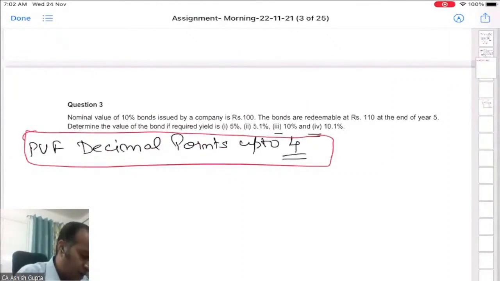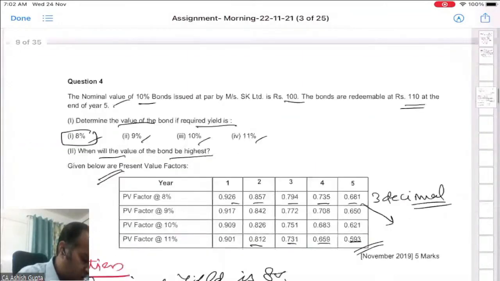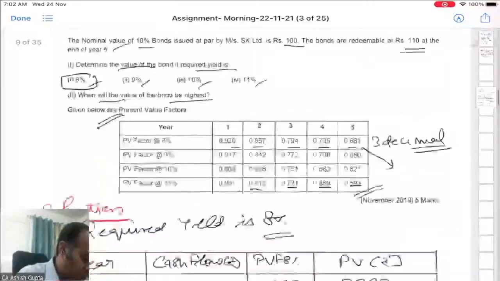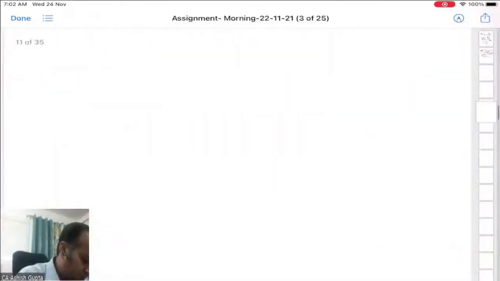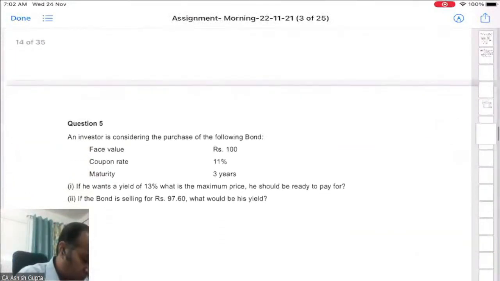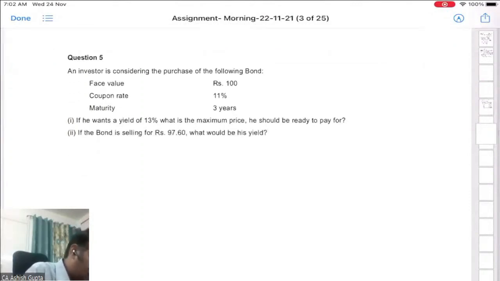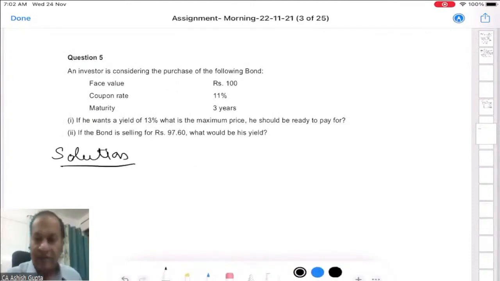Now this question I have given to you for solving. Please let me know whether you have solved the questions or you have got the correct answer, because up to 4 we have solved. Okay, now let us start with question number 5.